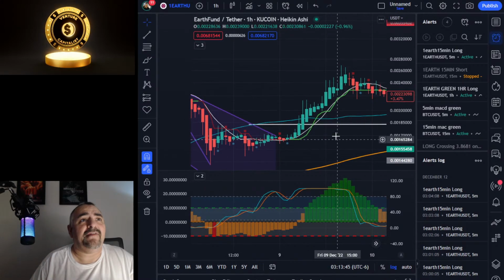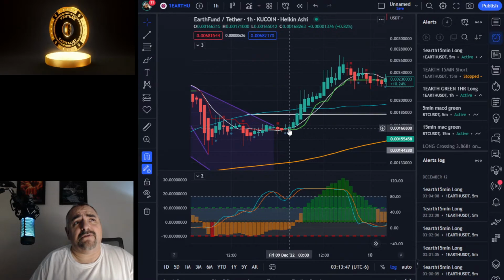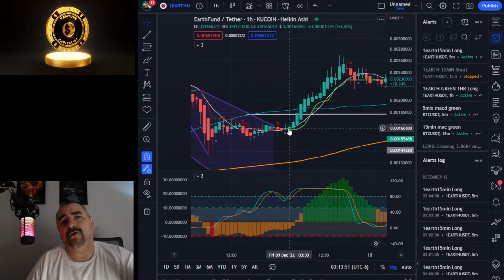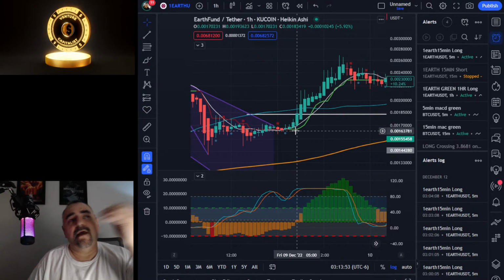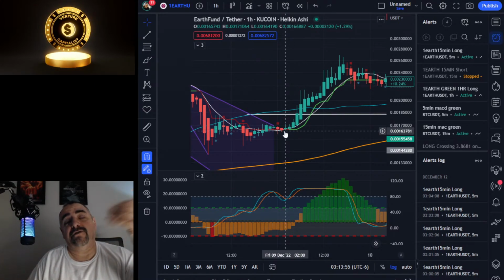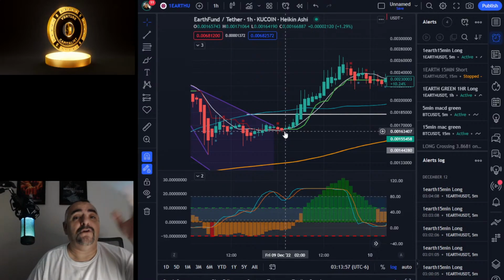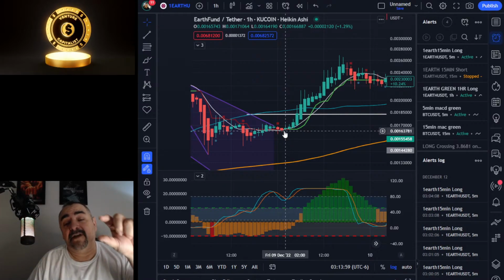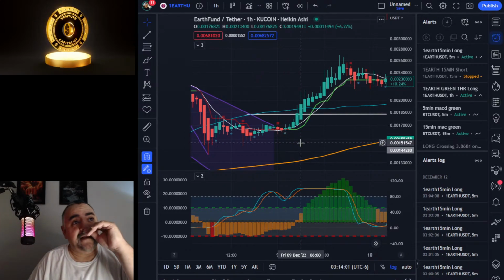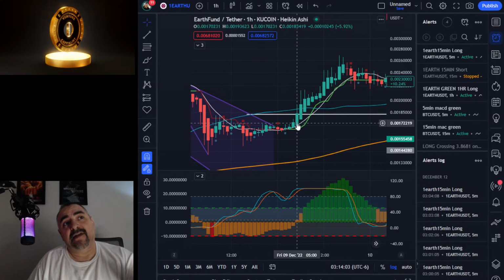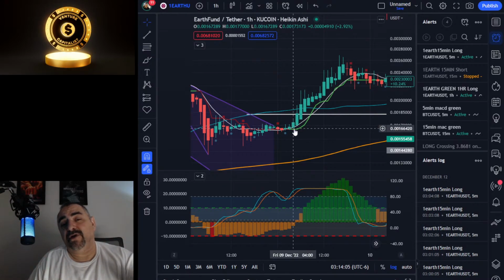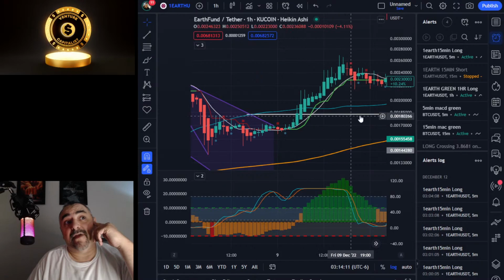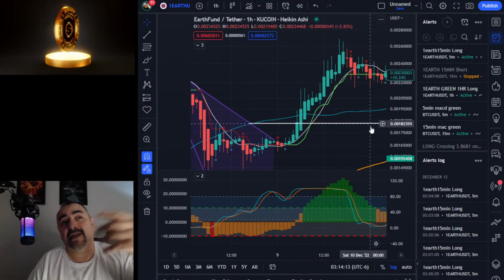So basically what happens here is this candle turns green, you get an alert on your email. You should have your TradingView alerts set up. If you don't know how to do alerts, you need to go into your Discord, look for the video that says setting alerts, and you need to set it, right? So on the 1 hour, you would set it on the green trend, and on the right hand side you would set the trend to beep every candle,